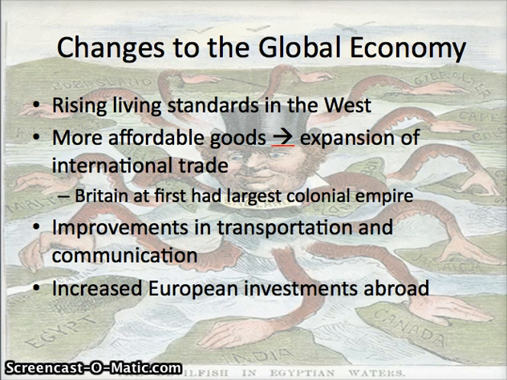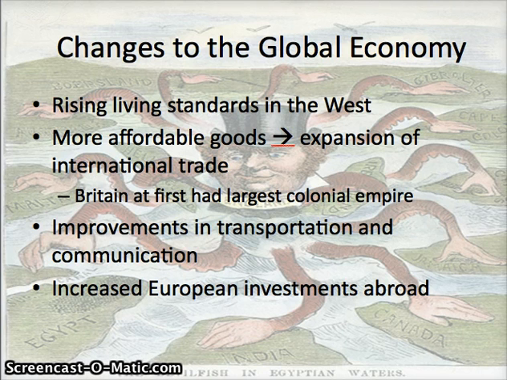And again, the desire is to be trading with far away places, especially, the idea is when things are more affordable, you are also going after maybe the more luxurious types of products, types of goods. England is a leader in this sense because it has the most substantial colonial empire at first. England has colonies in India, Canada, Australia, and regions in the Caribbean at first. So what this means is that Britain is able to take advantage of all the natural resources that exist in these places. And this means that the manufacturing that takes place in England can be cheaper because they can get raw materials for such a cheap price.